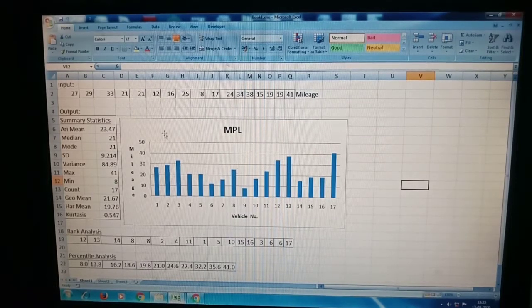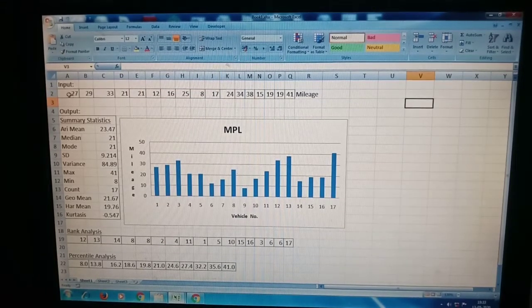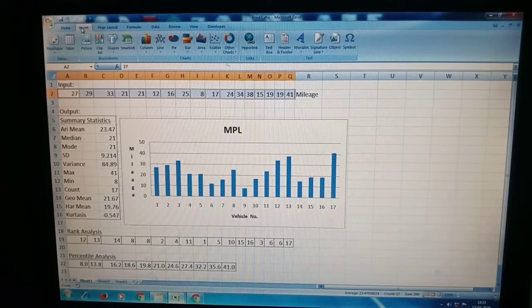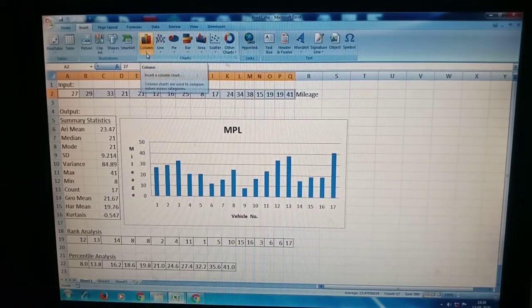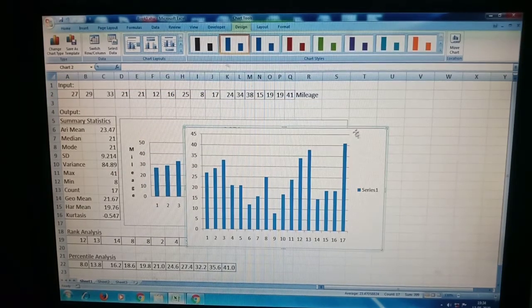Next, bar chart. For these input values, we have to draw a bar chart. So first select the values. Click insert. There are different types of charts available. In that you click column and click this one. You are getting the graph here.